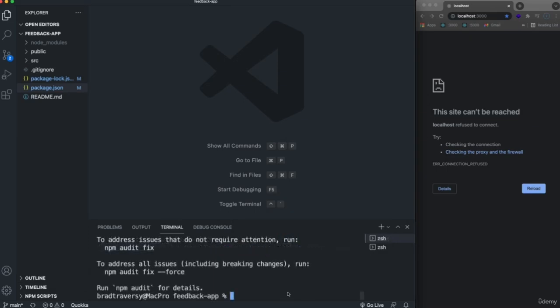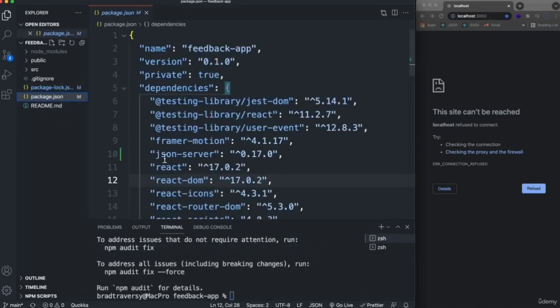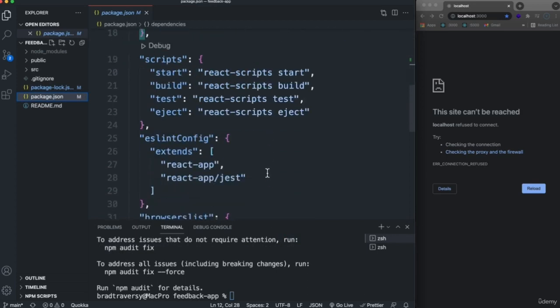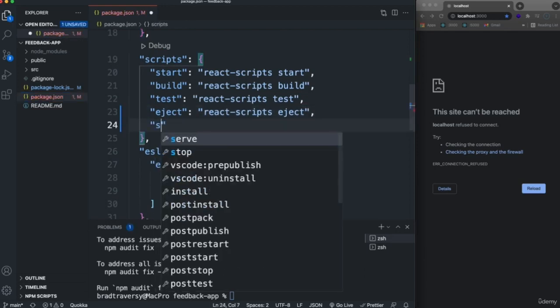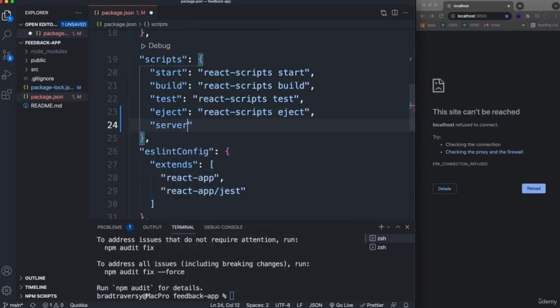And the next thing we want to do is add a script to our package.json, because we need a way to run JSON-Server. So we have our scripts here. I'm going to go ahead and add to this. So I'm going to call this server. I mean, you could call it whatever you want, JSON, server, whatever. I'm going to call it server, and we're going to have it run